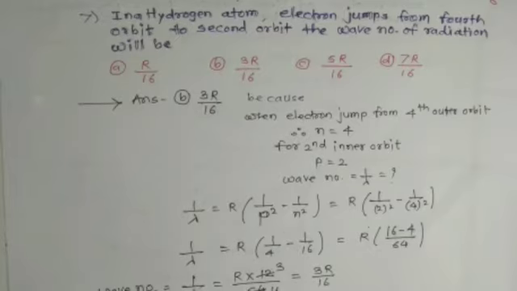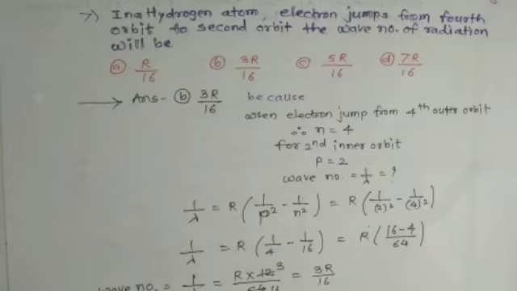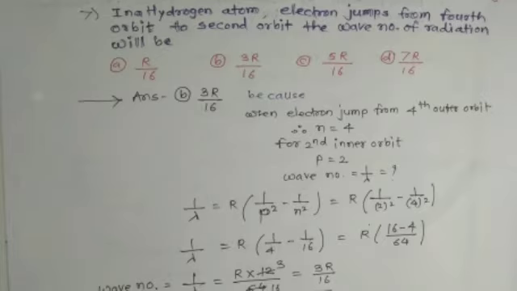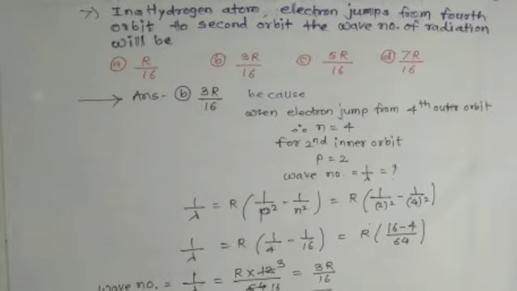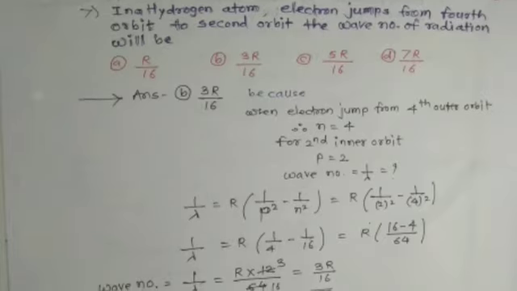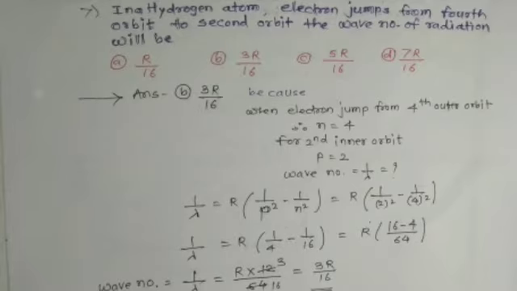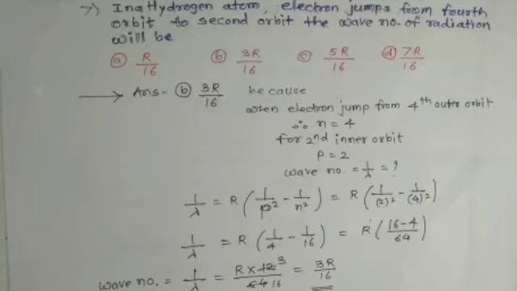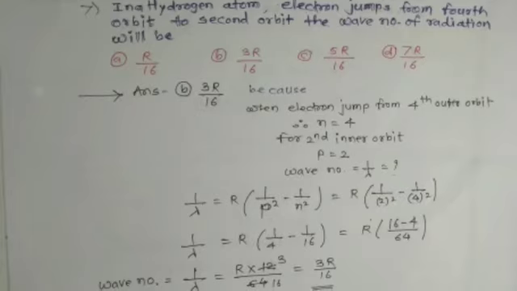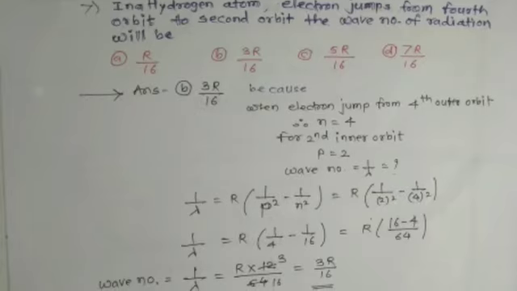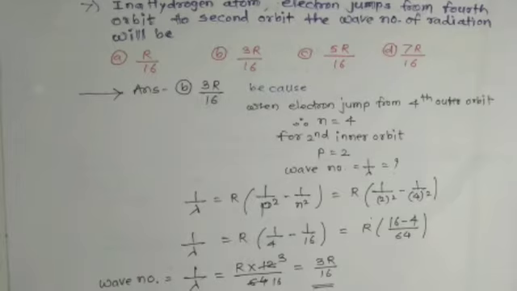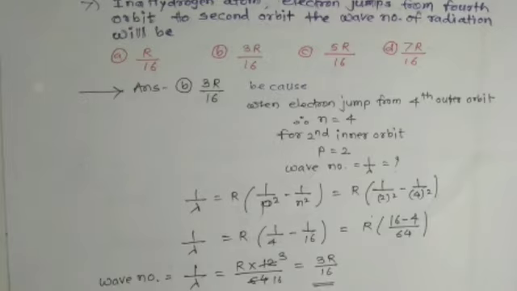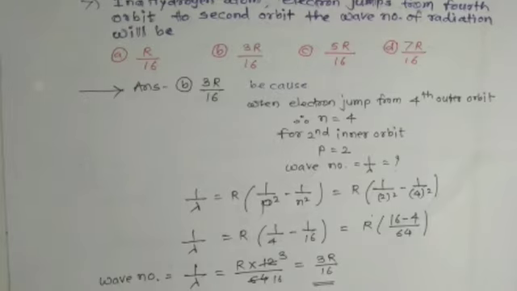The wave number of radiation will be: option A, R upon 16; option B, 3 capital R upon 16; option C, 5 capital R upon 16; and option D, 7 capital R upon 16. So the answer for the above example will be option B, 3 capital R upon 16, because the electron jumps from fourth